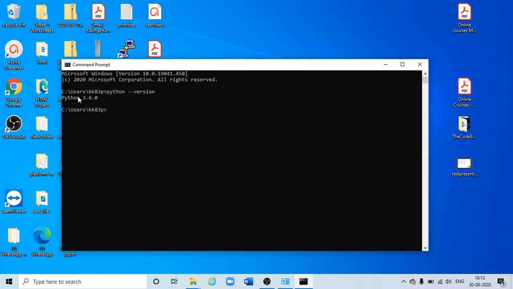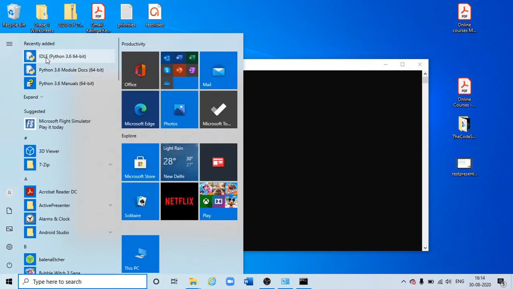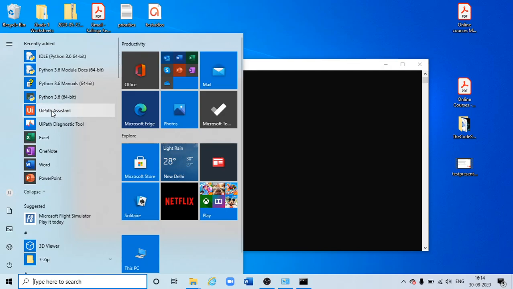Yes, I can see that Python 3.6.0 has been installed. So now I will go to start and see that recently added. This is IDLE, this is module documentation, then this is manual, and if I expand then I'll see Python 3.6 also. So I'll click on this IDLE first.